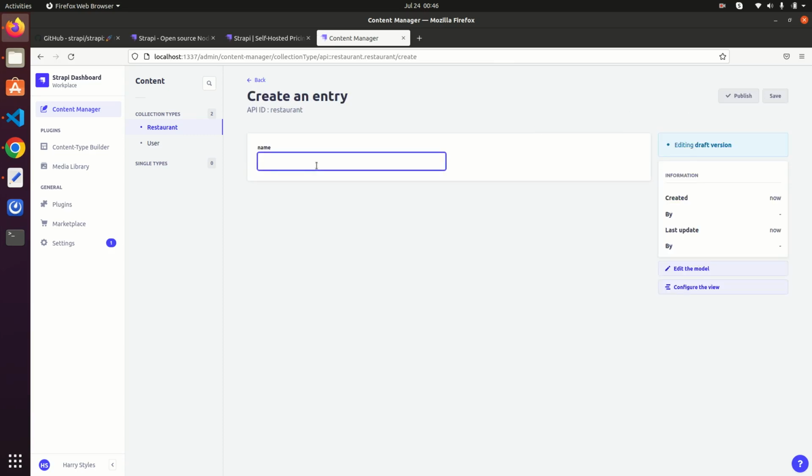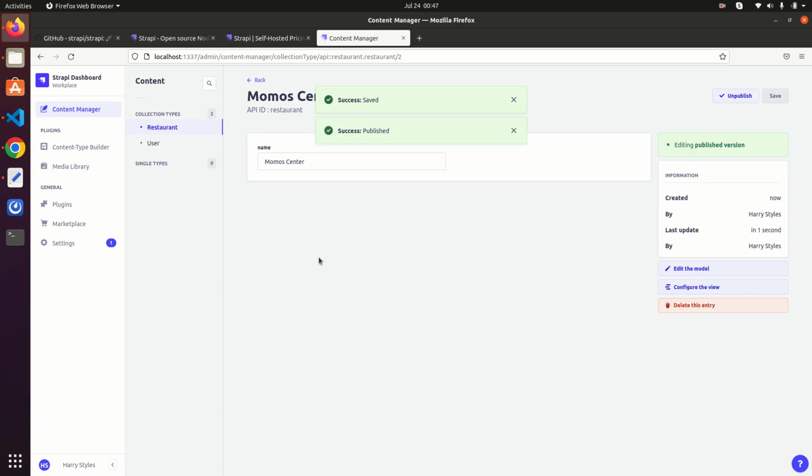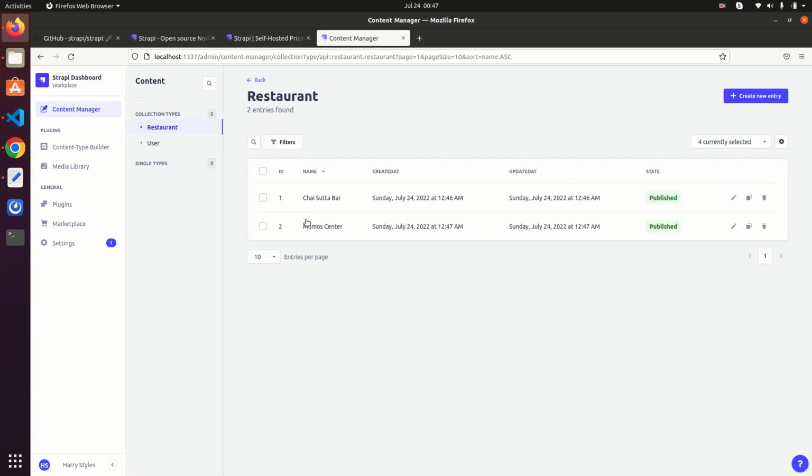So we can have another restaurant like Momo Center. I don't know. Yeah, so let's have some random data here. So you can see that Momo Center is here and is the timestamp and everything. So now we can directly add the content through this content manager, and it will be exposed in terms of